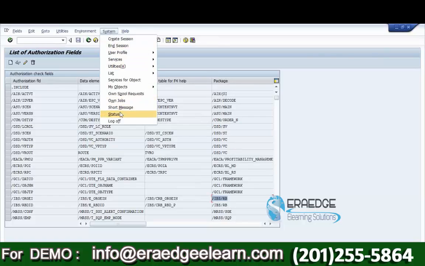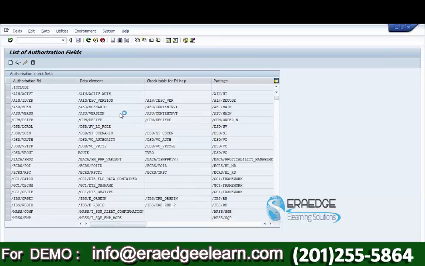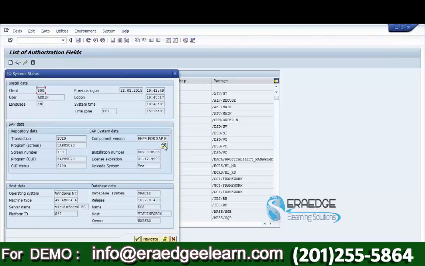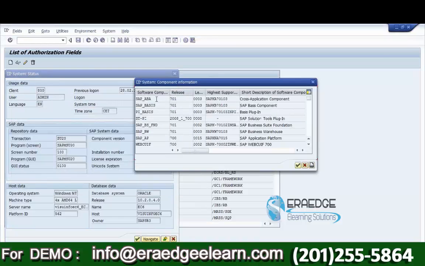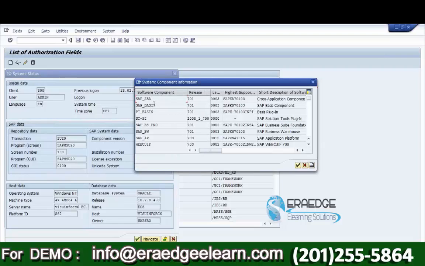If you see in the system status, you see the complete add-on application names in the system data. These are software components, and these components contain packages.